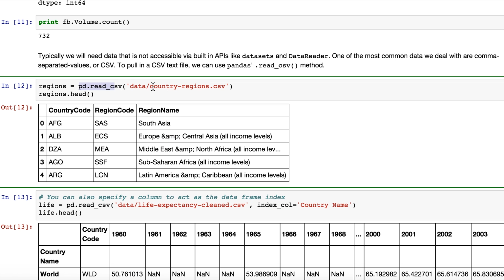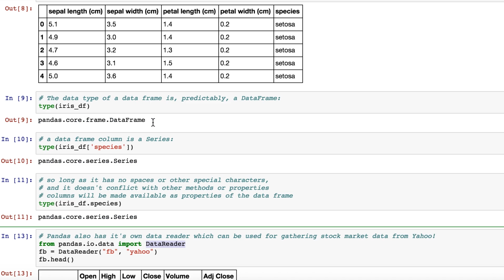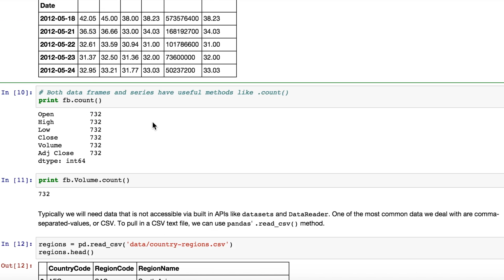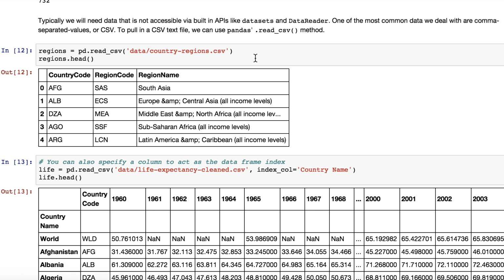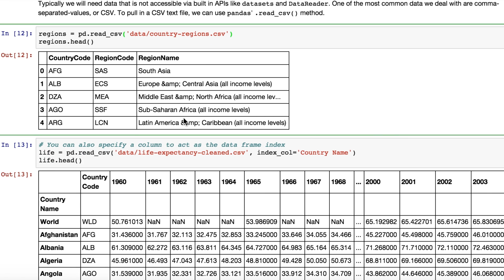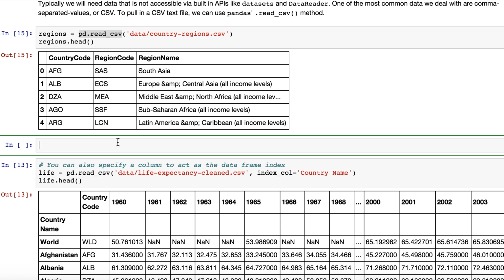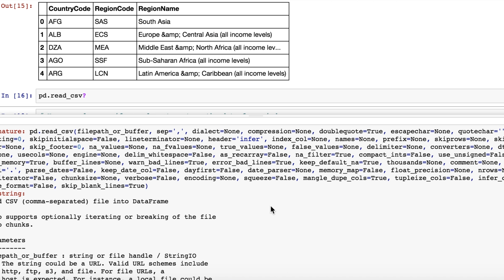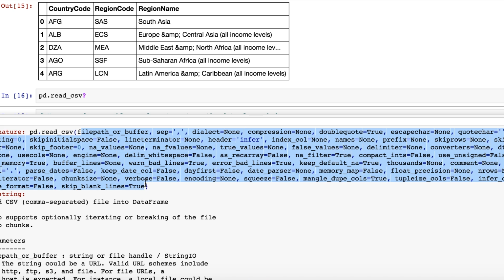So first thing that we do, we go ahead and load the CSV, and Pandas read CSV works pretty well. It does a good job of guessing what is needed in order to get the data in here. And it has a lot of optional parameters. In fact, it has loads of them. If we go to read CSV question mark, we can see it has all of these optional